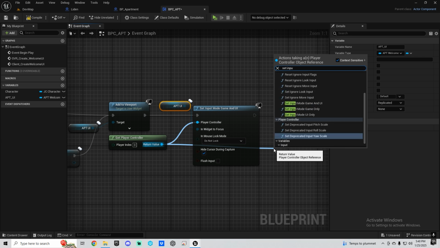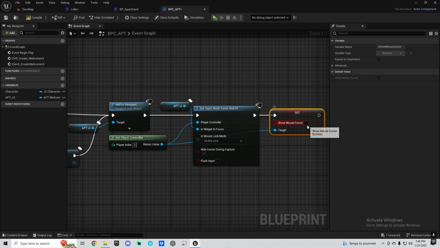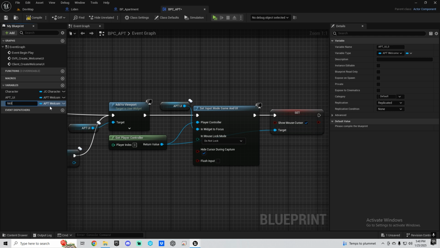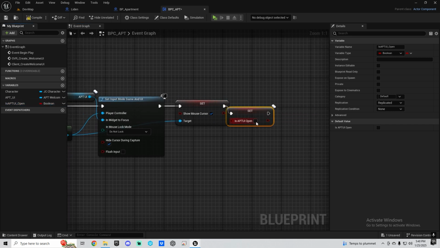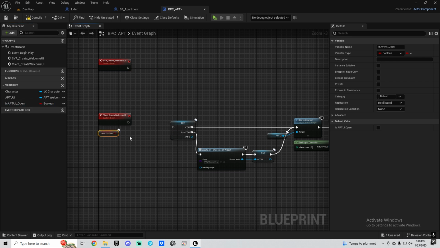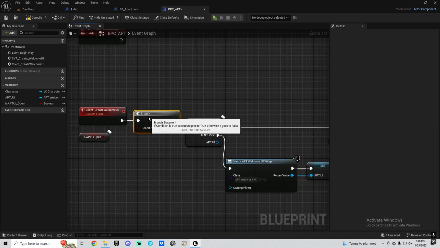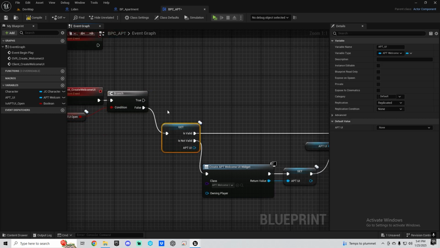And set mouse cursor, show mouse cursor to true. And then let's say is UI APT UI open, and set that to true. And then we get this. If it's not valid, if it's valid,